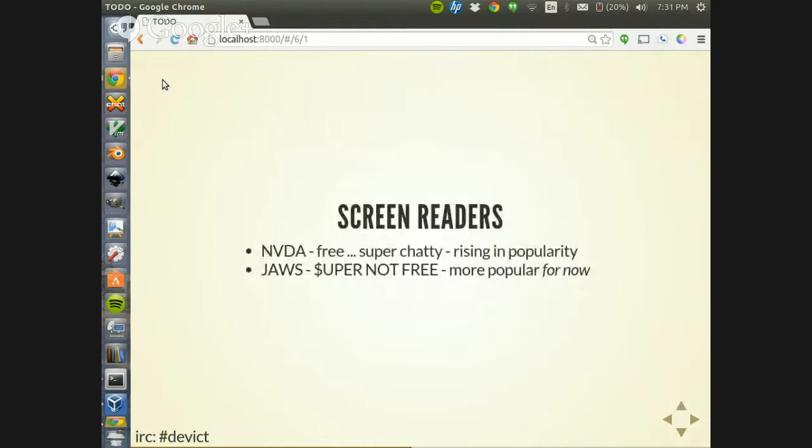Linux and Mac OS actually have some built in. They're not accommodated as well. They're a little quirky, but the big ones for Windows here are, as I mentioned earlier, NVDA. It is open source. It is free. Both of these are configurable, and